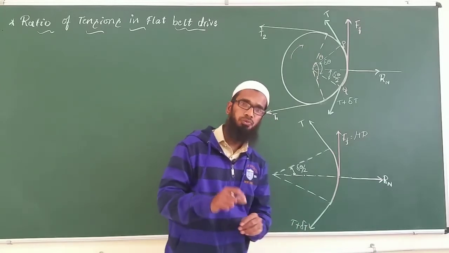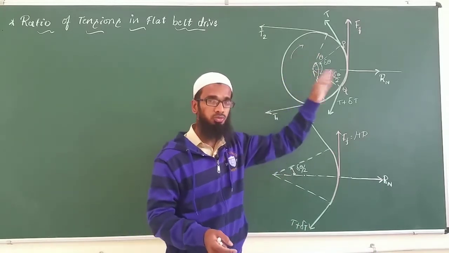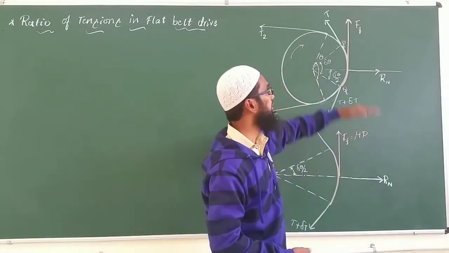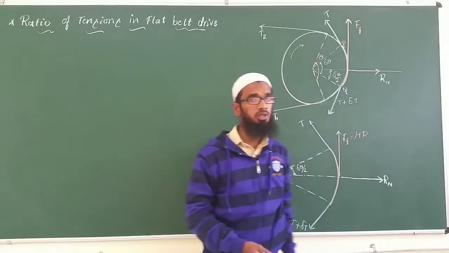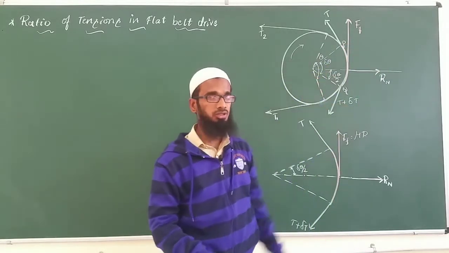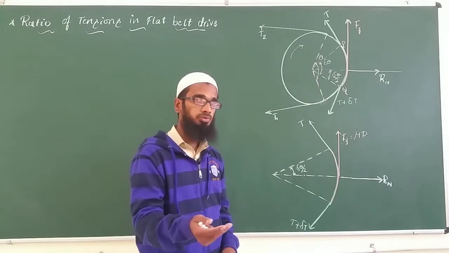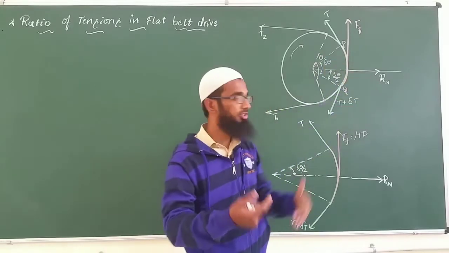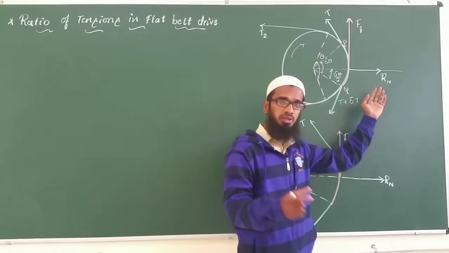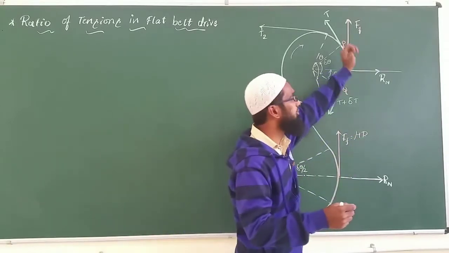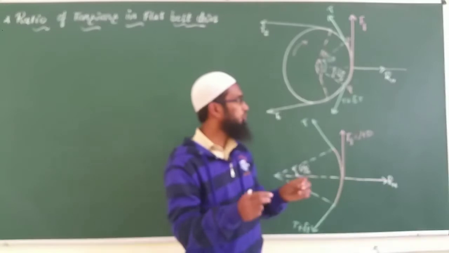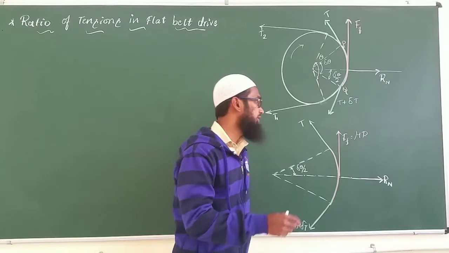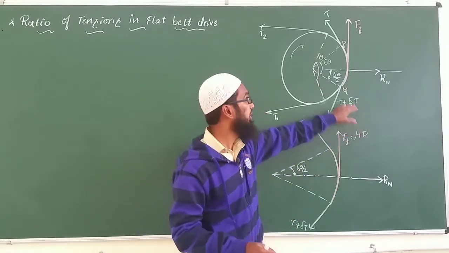Now when the member rotates in this direction, the clockwise direction, a frictional force will act in the opposite direction, which is upward, because of the rotation of the member. We also have one more force, the normal reaction, which is perpendicular to the frictional force. This is the basic concept. So there are two force terms, the normal reaction and the frictional force, as well as T plus dou T and T.